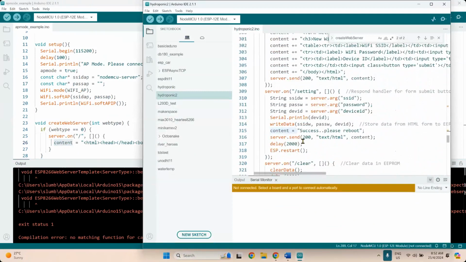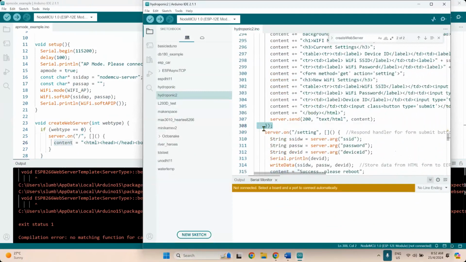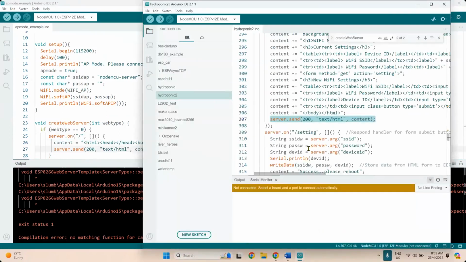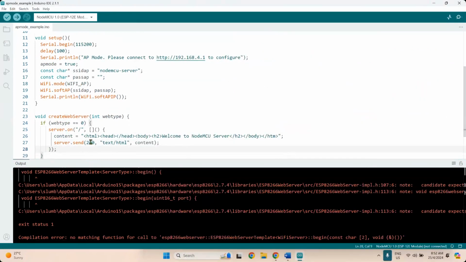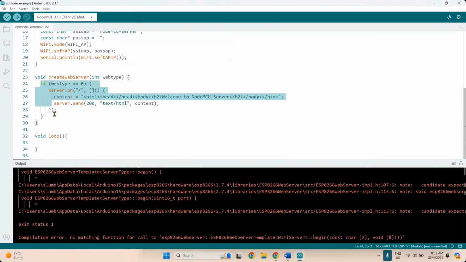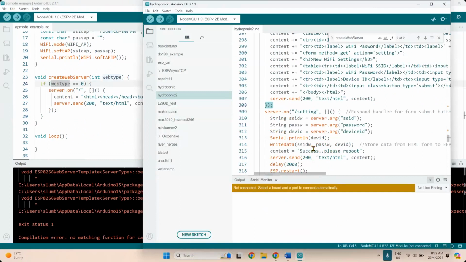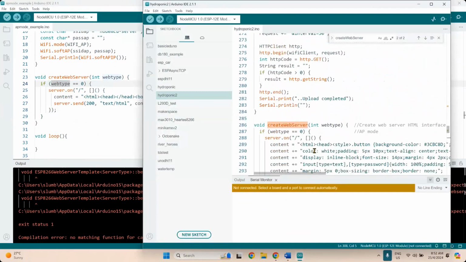Okay, just a very simple web page content. So that's all the content that I want to work with. So I need to close that content with server.send. Send what? Send the content itself. And then close the request through close. There's only one request here, web type 0. All right, I think that's the only thing that I want to work with for now.